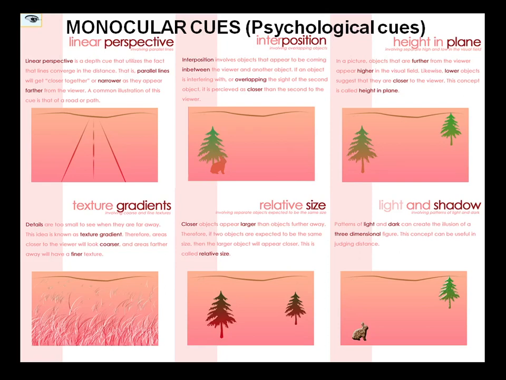Hi everyone. So today our topic of discussion is the monocular cues. They're also called the psychological cues. Essentially, cues are nothing but indicators. So monocular cues of depth perception are very effective when we view objects with just one eye. They are usually used by artists, because they need to induce depth in their two-dimensional paintings, and so they are also called the pictorial